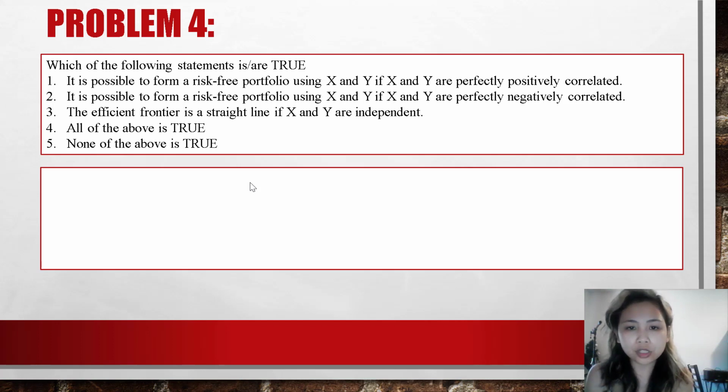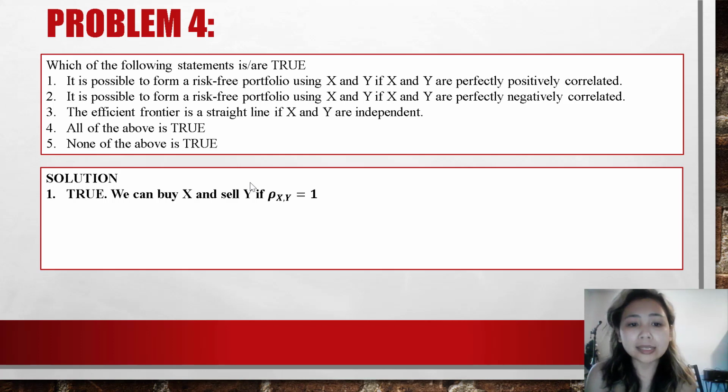So let's justify these statements one by one. The first one: it is possible to form a risk-free portfolio using X and Y if X and Y are perfectly positively correlated. So if they are perfectly positively correlated, that means the correlation between them is 1. So we actually can cancel the term in the variance to have zero variance of the portfolio. For example,